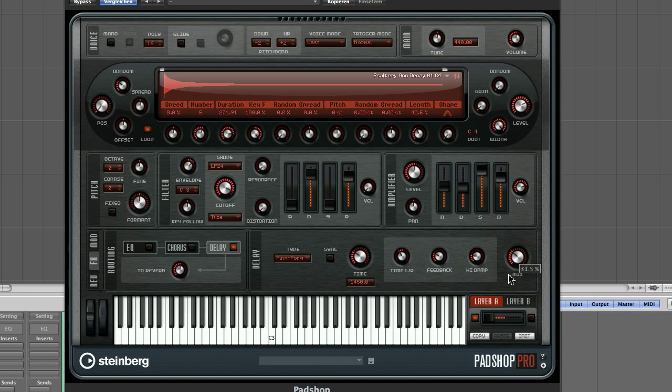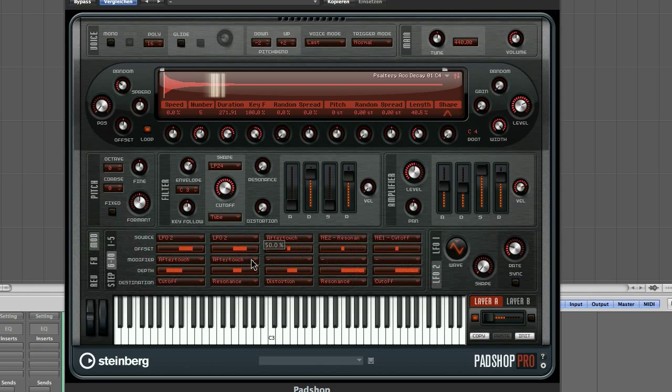High damp pretty much. Here's the mix level. And let's